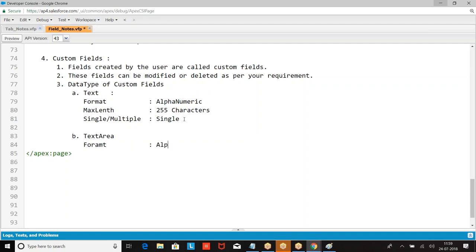Format, alphanumeric, max length 255 characters, single line or multiple line, it is multiple line.